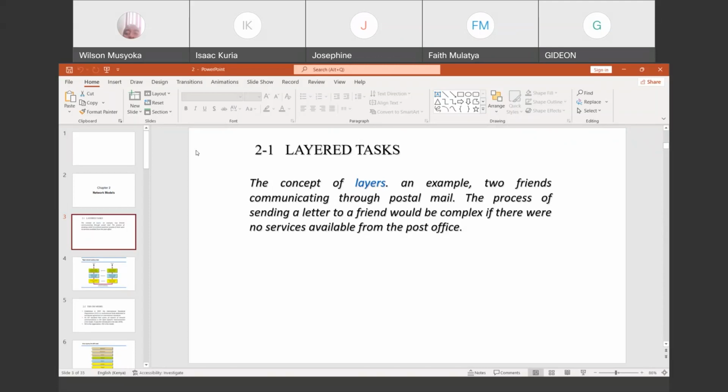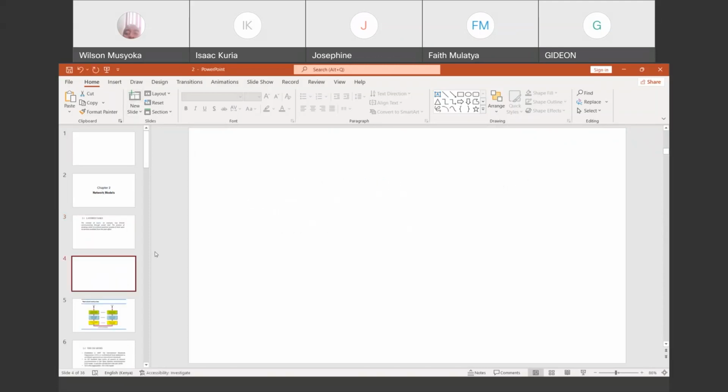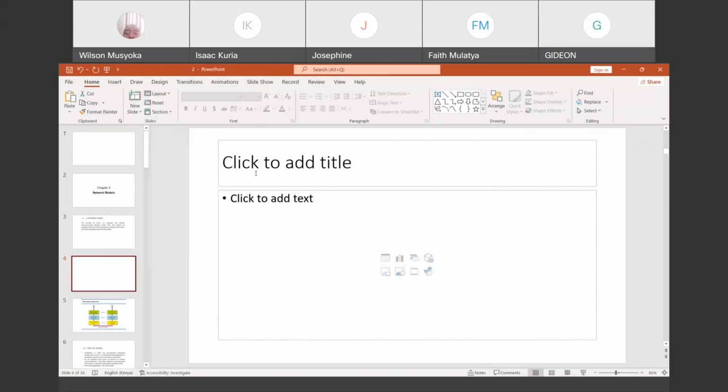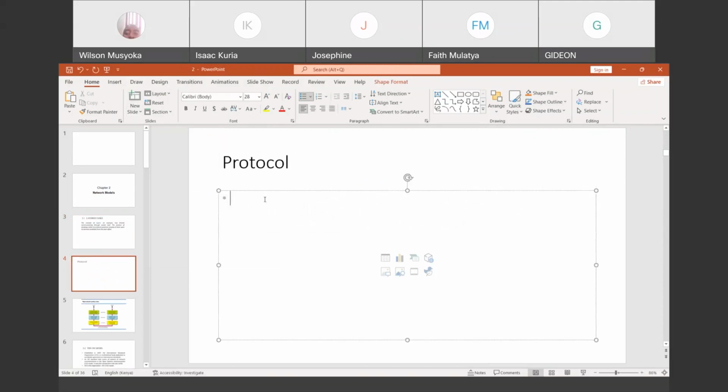So for that communication to take place, there is going to be what we call a protocol. We normally say a protocol is a rule. Just revising a little bit, we said for those communications to take place, there is going to be a protocol, and a protocol is a rule that will govern communication.